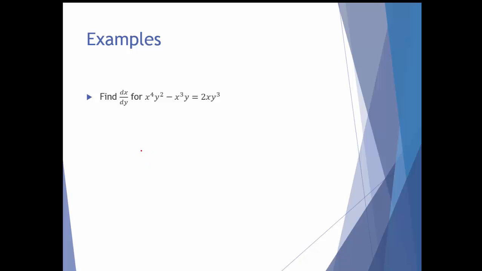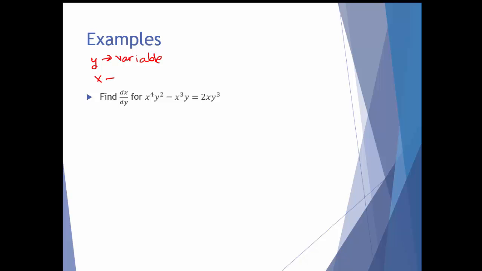This example has a change that's a little bit more profound. We've gone back to x's and y's, but notice in this question I'm not asking you for dy dx. Instead, we're asking you for dx dy. That is the derivative of x with respect to y. So that tells you that y acts as your variable,